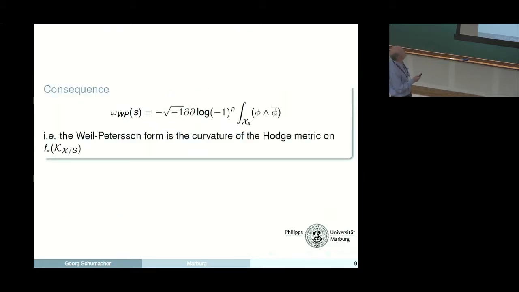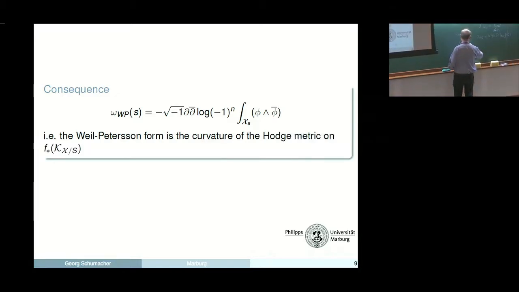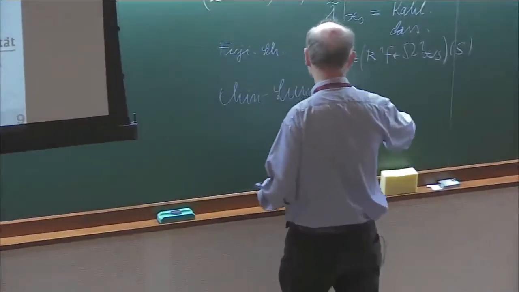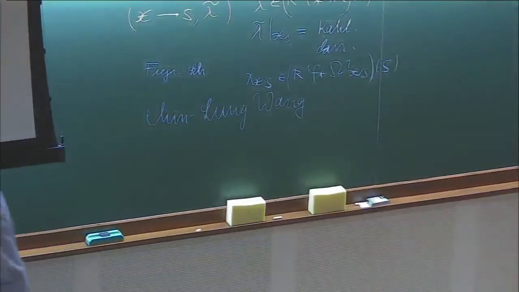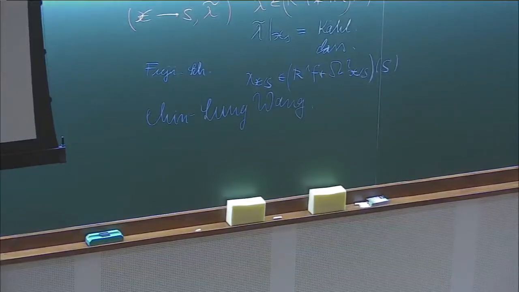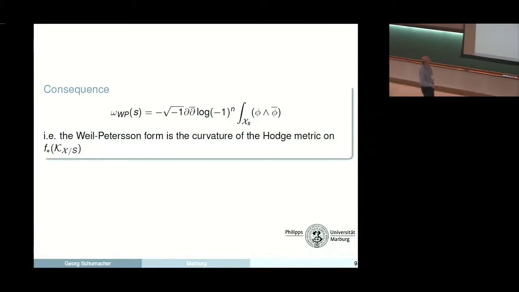Now, it's hard to pinpoint where this comes from, but one can find this in a paper by Chin-Lung Wang. But he does other things in his manuscript. All right. So what we have gotten here is a potential, a DD bar potential for the Weil-Petersson form, and